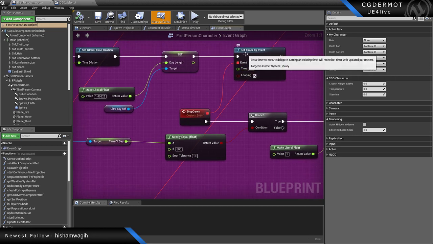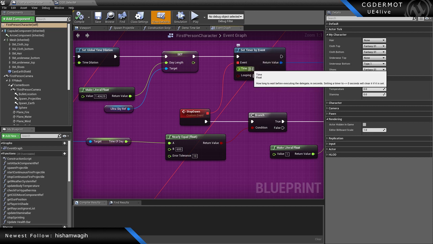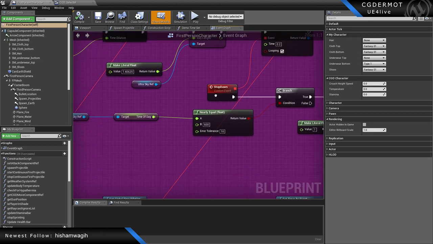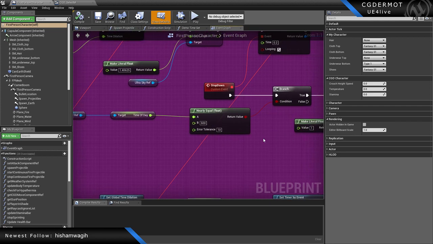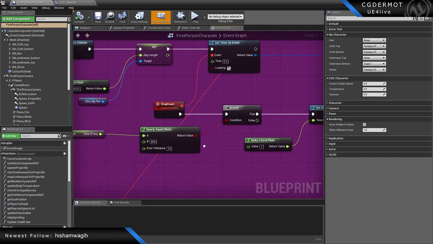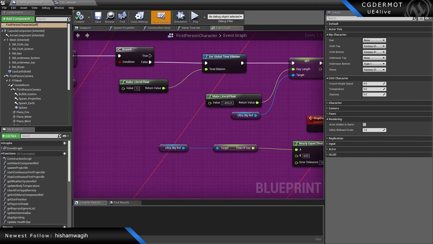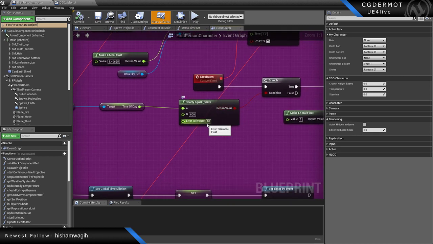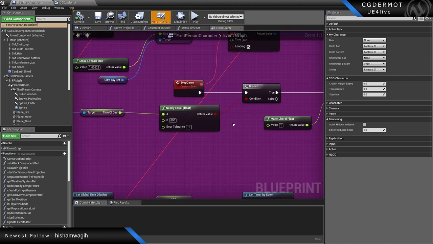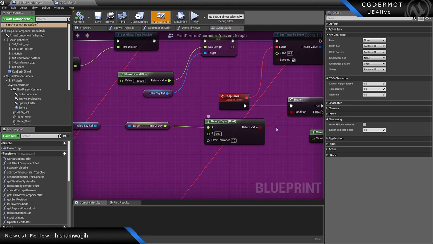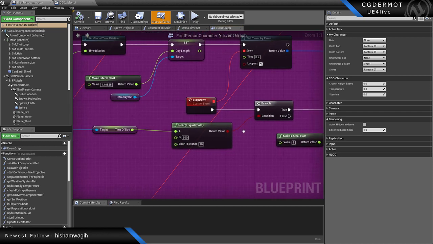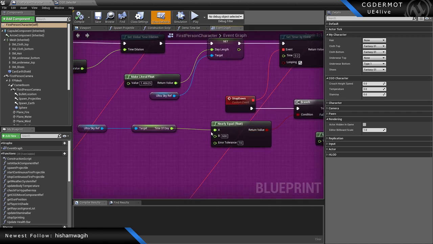Being the fact that now we're setting an event by timer at 0.2, which on a regular tick time would be collected and would fire, but because we're moving so fast, we need to use a nearly equal to float to catch that time. Otherwise, without this tolerance value, we're going to miss it. And again, depending on what speed you're setting your global time dilation, you're going to have to tweak this error tolerance value. So basically, with that said, with an error tolerance of 10, which seemed to work for me,